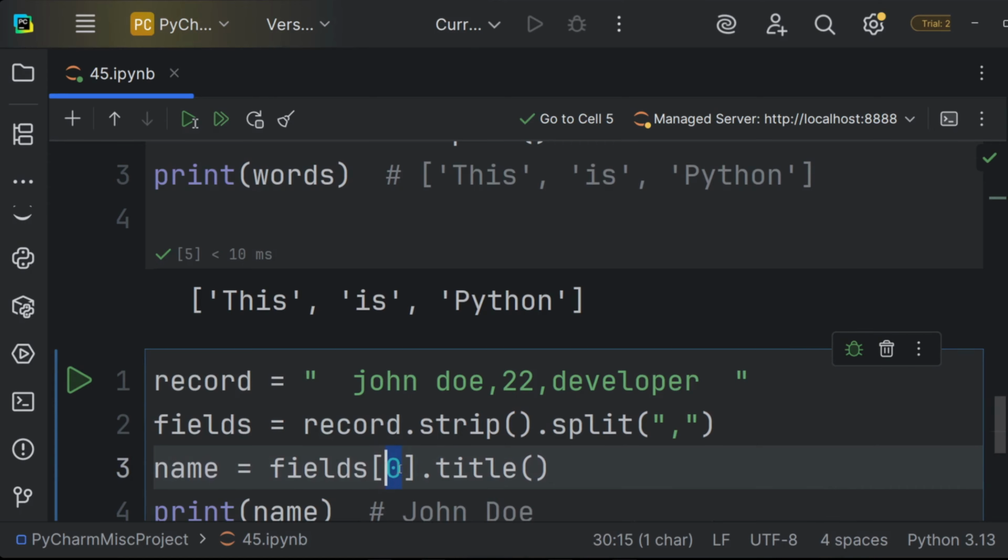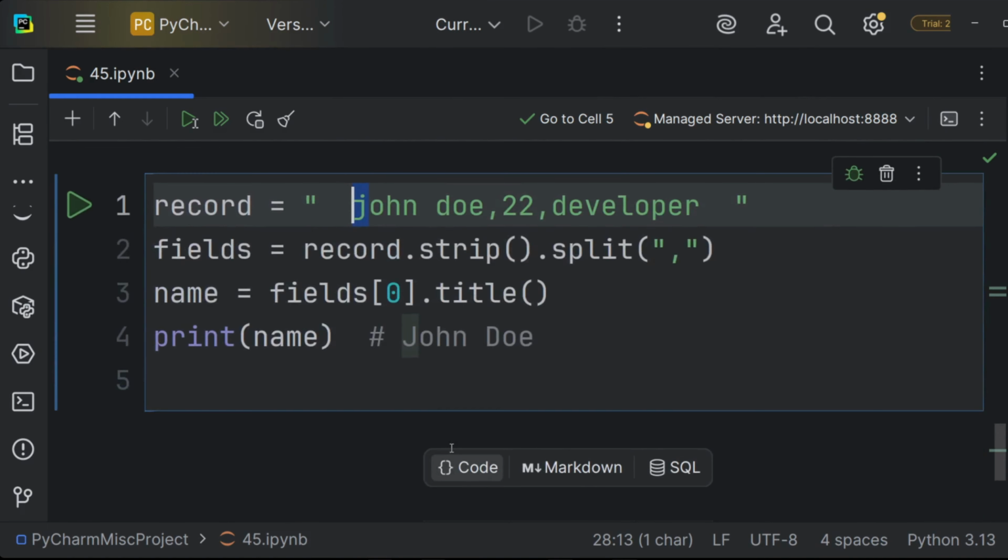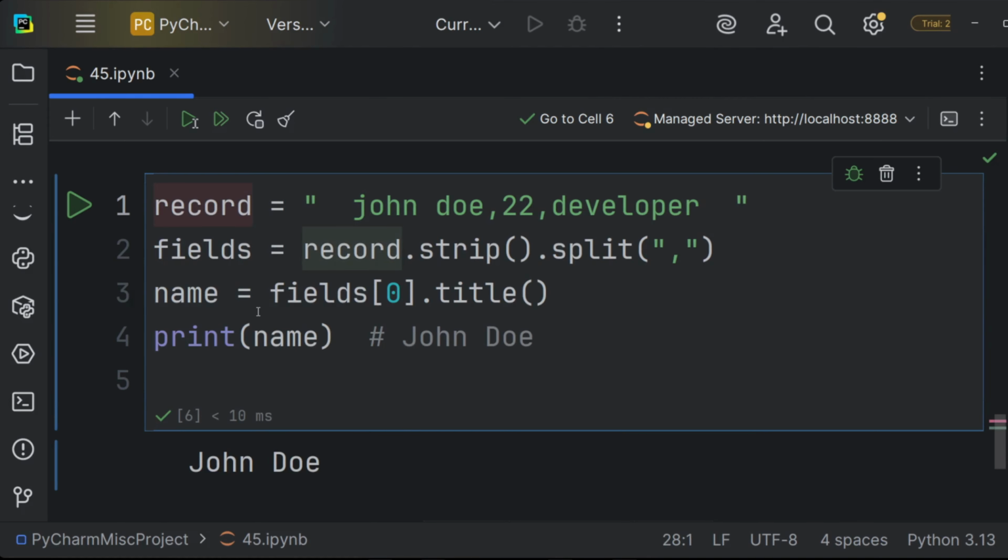Therefore, we will put 0 because John Doe is stored at the 0th index. And we don't want John Doe with all the letters lowercase, but we want at least the starting two letters to be uppercase. That's why I use the dot title, and when we run it, we get John Doe, properly formatted and looking good.